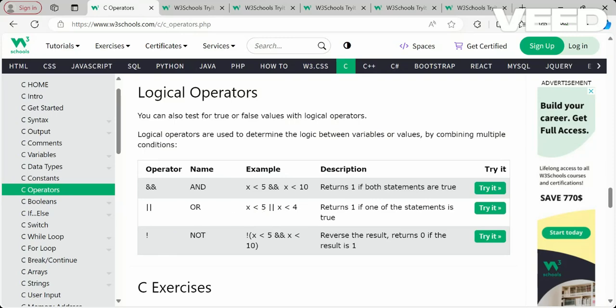So x is less than 5 and x is less than 10: if both cases are true, then it will return 1. With x is less than 5 or x is less than 4, if any one statement is true, then it will return 1. If both are not true, then it will return 0. OR means any one. You understood, right? This is the normal AND, OR, NOT.